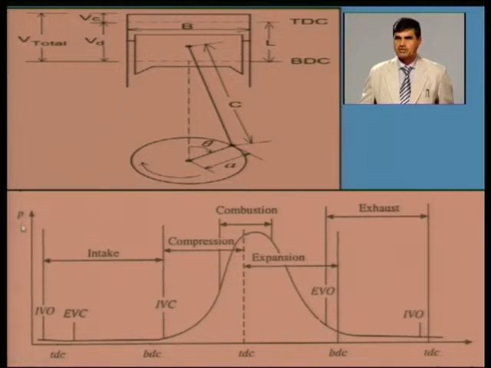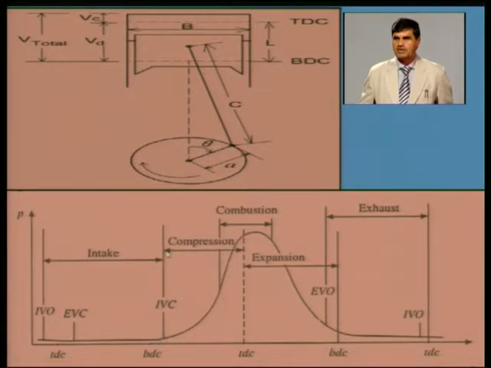So on this axis we are showing pressure. Here it is theta, the crankshaft rotation. It is slightly before TDC that we opened the inlet valve, and closing is after BDC. Between TDC and BDC, during the suction stroke, crankshaft rotation is actually 180 degrees. But you can observe here that we have started to open the inlet valve before TDC, and we are closing after BDC. Means it is more than 180 degrees. Your intake stroke is more than 180 degrees, and the pressure variation, if you see, is more or less constant pressure inside